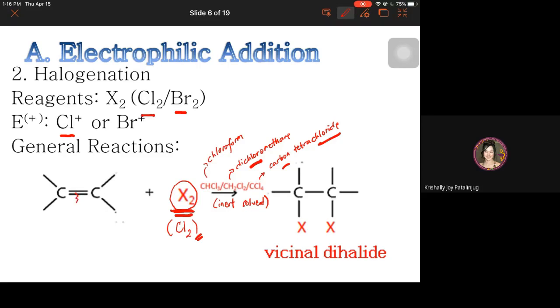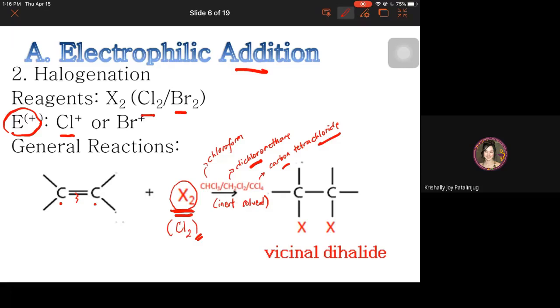So don't forget, before the addition reaction will happen, break the pi bond, so that each carbon will now have an unpaired electron. Para dira i-add ang mismong electrophile that is being used or utilized sa reaction. Okay, so naa na sila unpaired electron. And again, unsa gay ang electrophile nga ma-add? Yung mismong